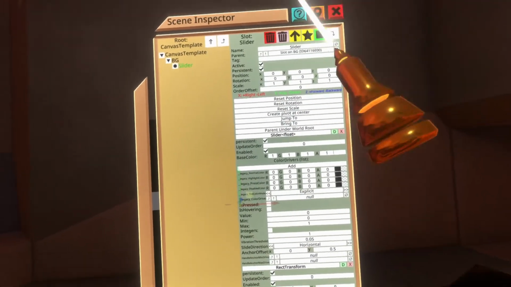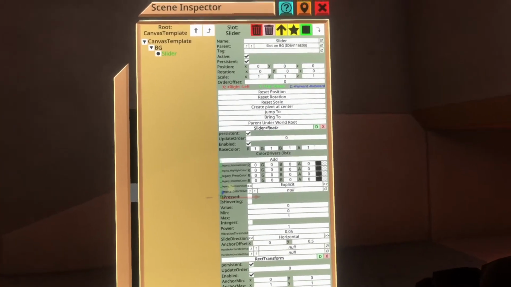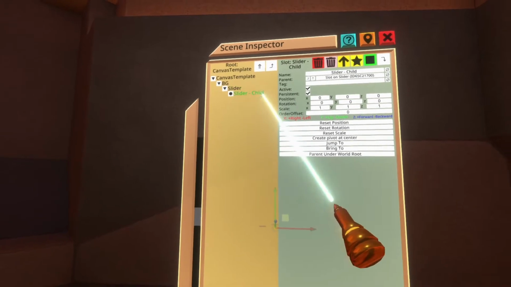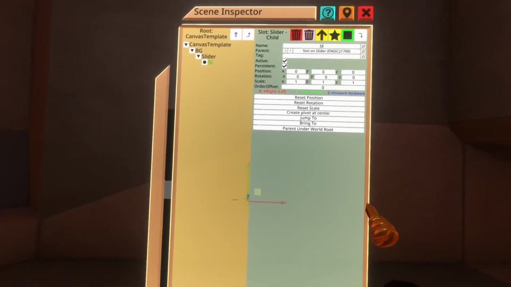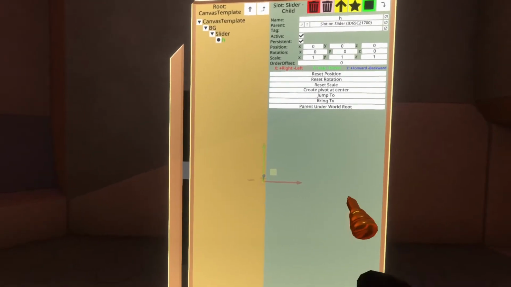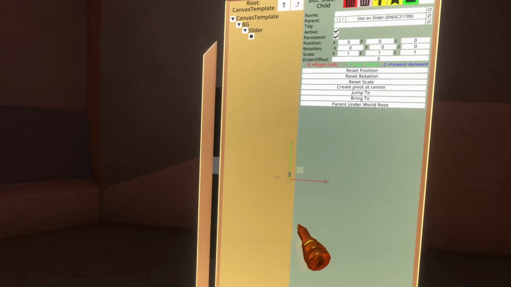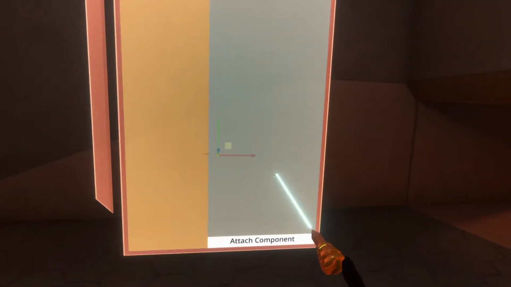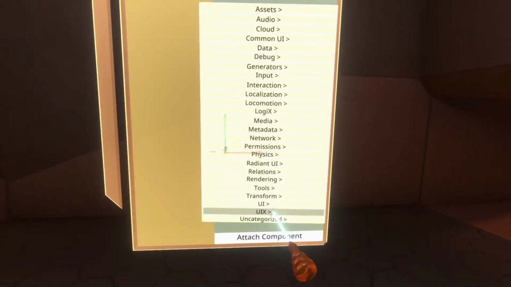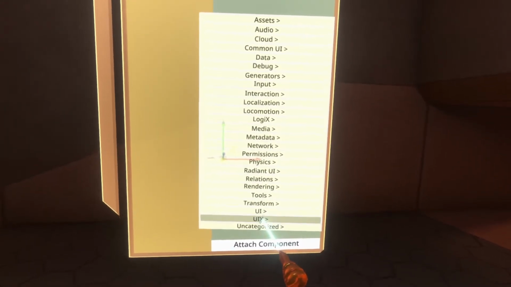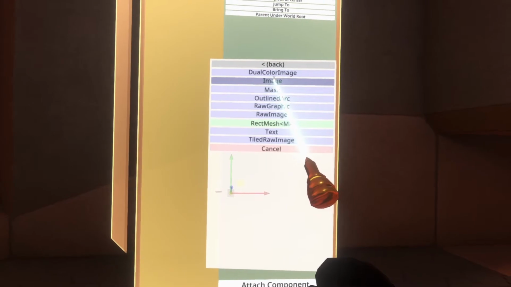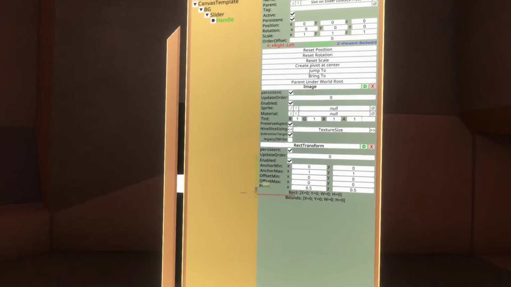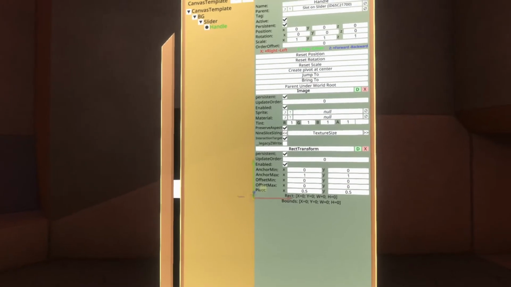To do that, we need to create another child object. I know there's lots of child objects going on here underneath the slider, and we'll rename this one to be handle, with a capital H. Now this one needs to just be a UIX image. So attach component UIX graphics image, and to match the type of handle that we have on other sliders, we're going to go ahead and